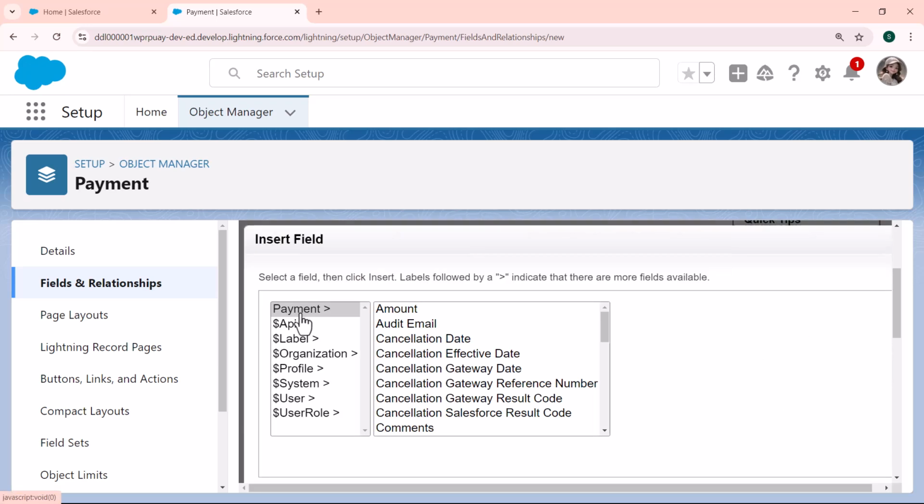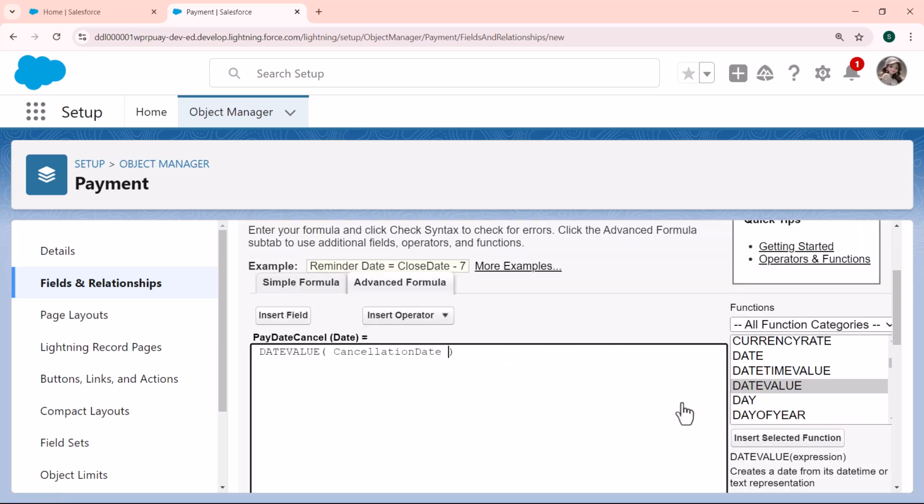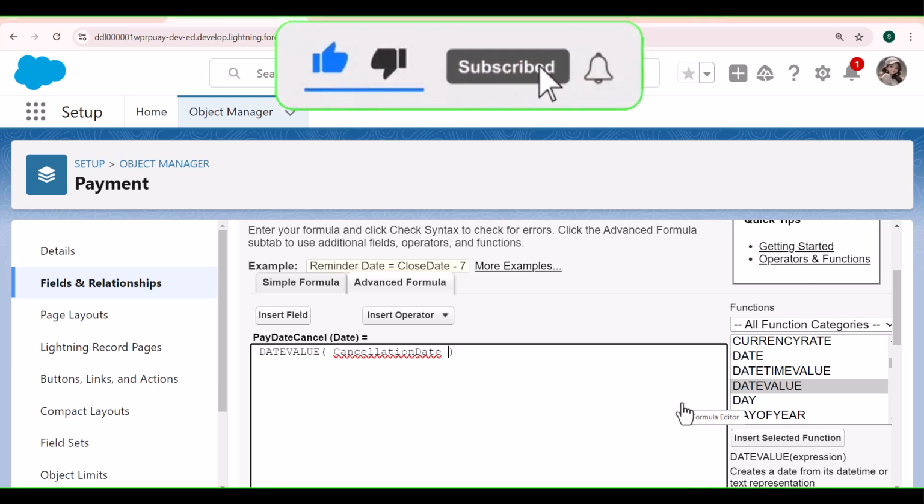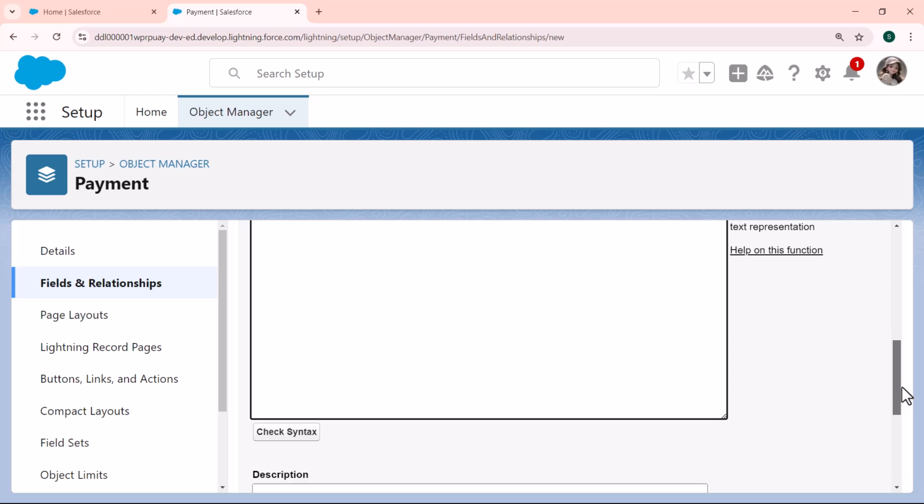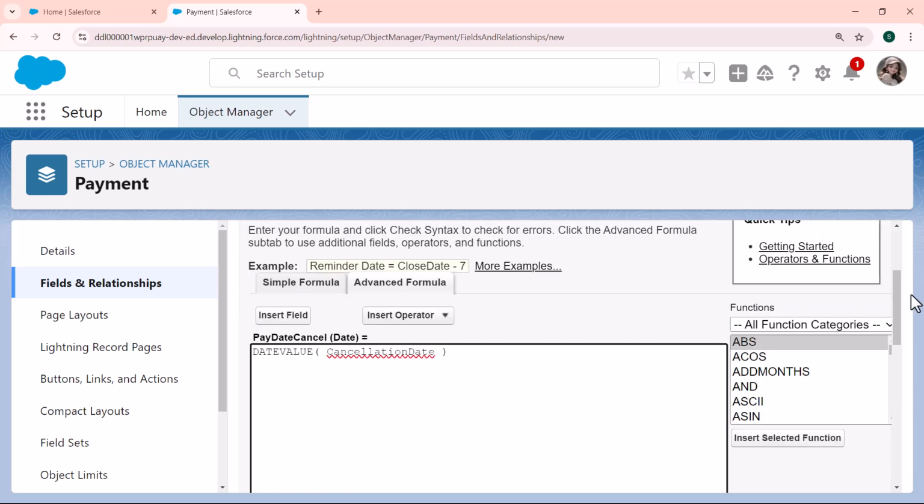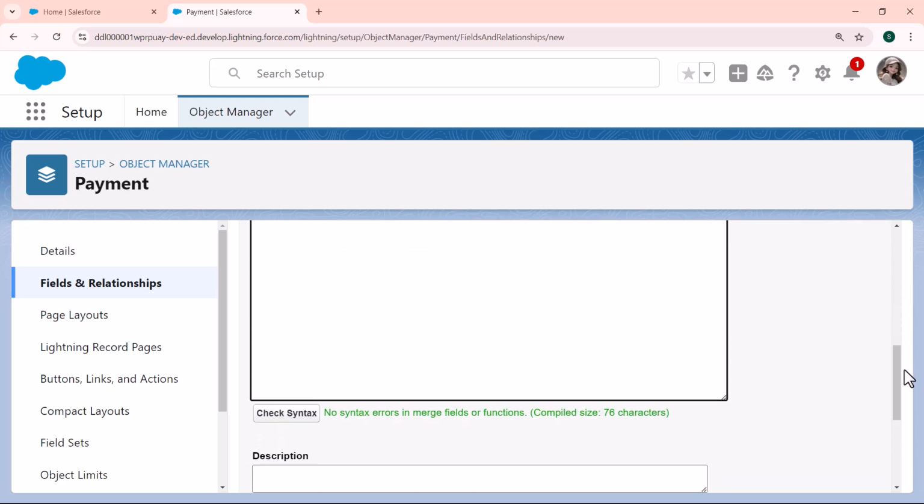We already have the cancellation date field, which is a standard field. I click on this and click on the insert button. Our cancellation date field is placed in the expression, and then scroll down, and this time check the syntax. Click on the check syntax button, and when we scroll down, here we go, no syntax error in merge